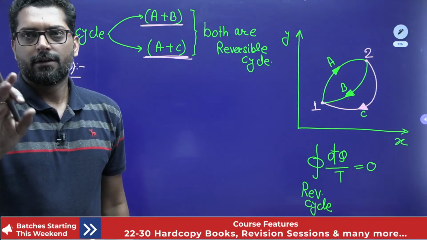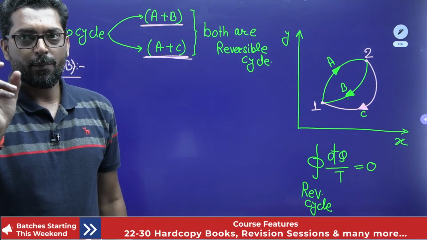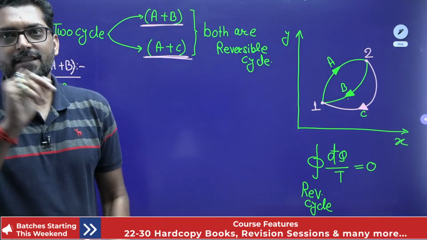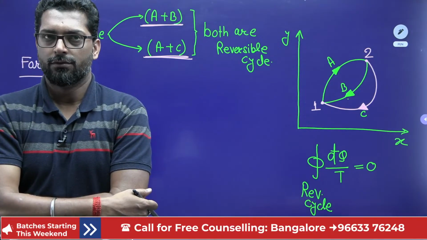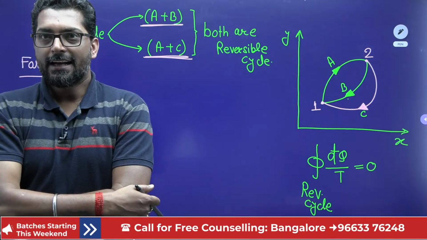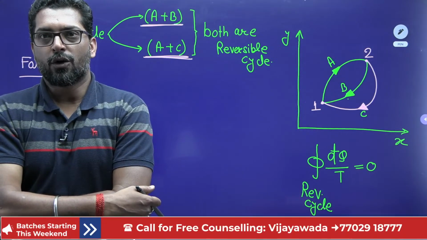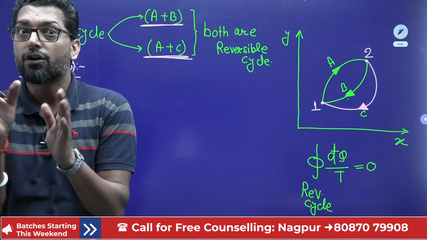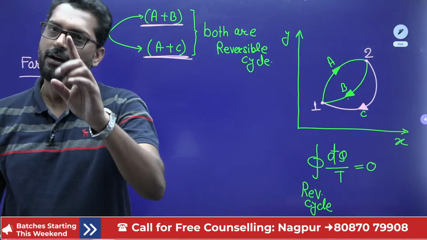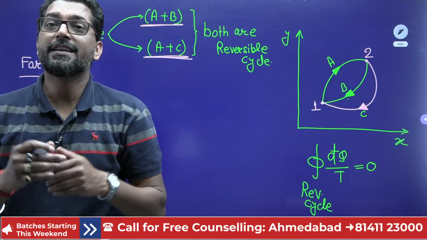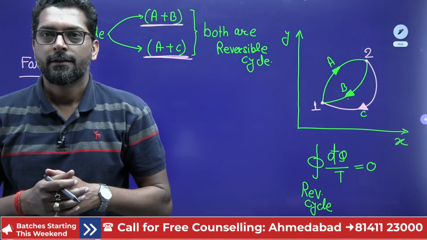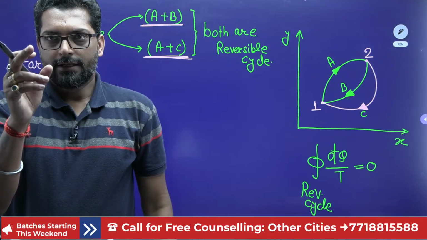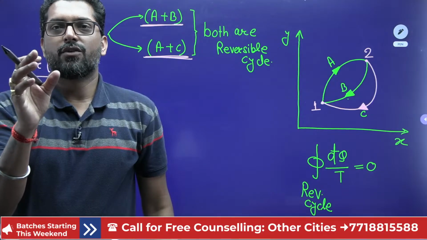Yes, Pratik, I understand. dq by t is a property. One second. dq by t is a property when the entropy value is 0. But if there is some entropy, then it is not a system. No, you don't think like that. First, I will read the question. If the entropy increases, okay.